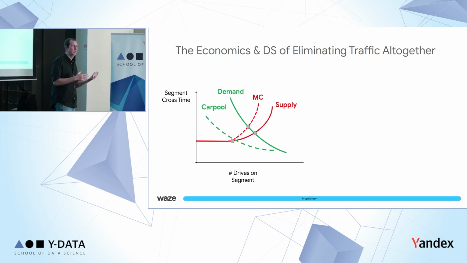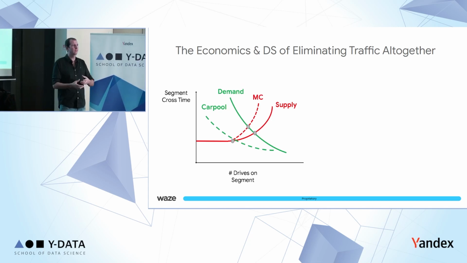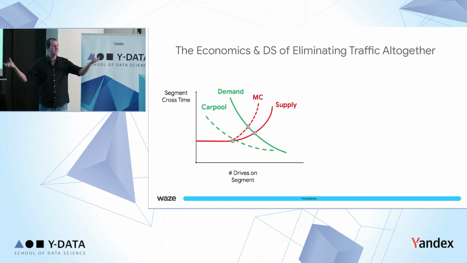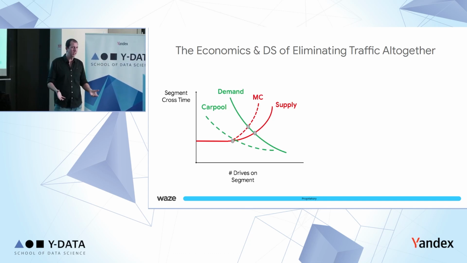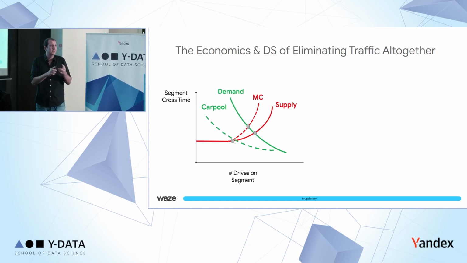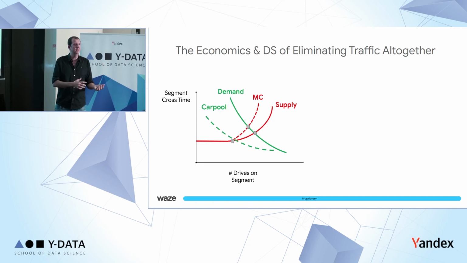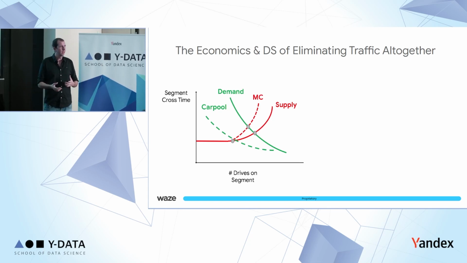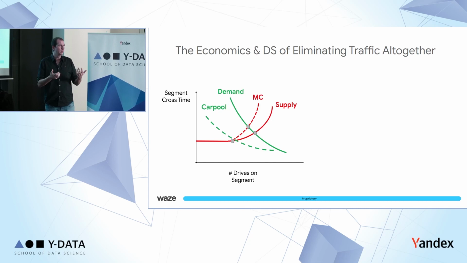If you will tell me it takes you on Ayalon to travel from Rishon to Tel Aviv an hour and a half every day in the morning, you might stay at home, work from home, quit your job, look for somewhere near, might carpool, God forbid, might take public transportation. But essentially, that characterizes the green line, shows the negative relationship between price and the affinity of people to take the road at a specific point in time.